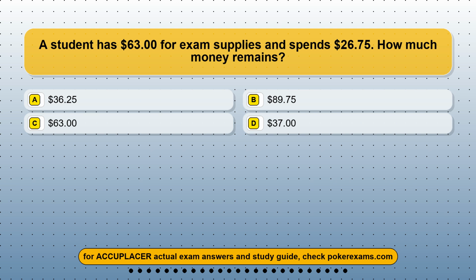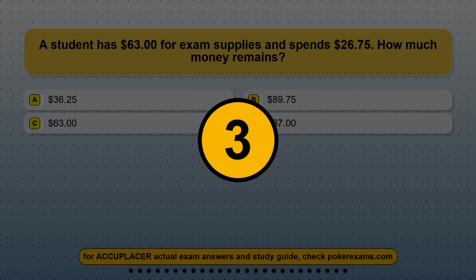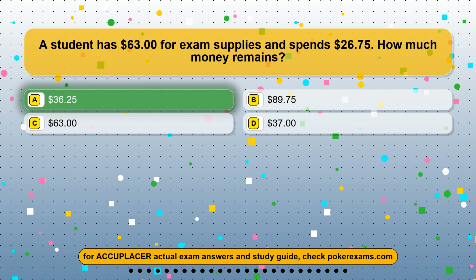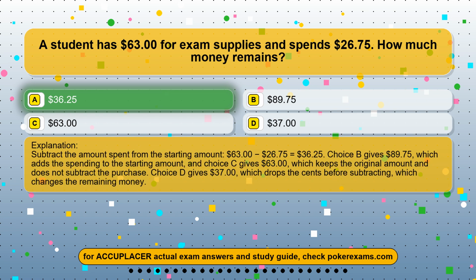Option A $36.25, Option B $89.75, Option C $63, Option D $37. The correct answer is Option A, $36.25. Subtract the amount spent from the starting amount. $63 minus $26.75 equals